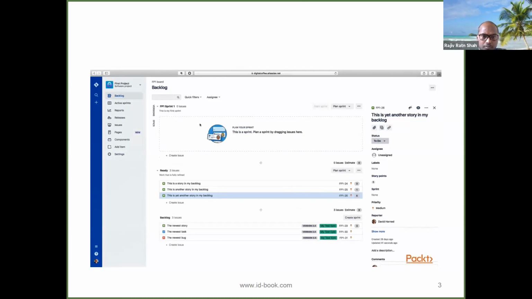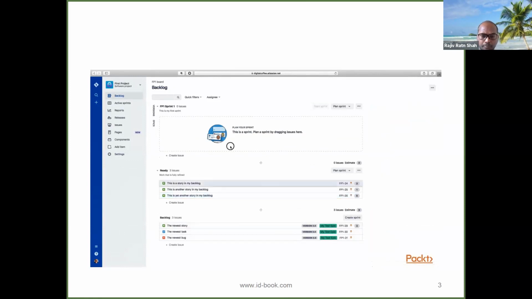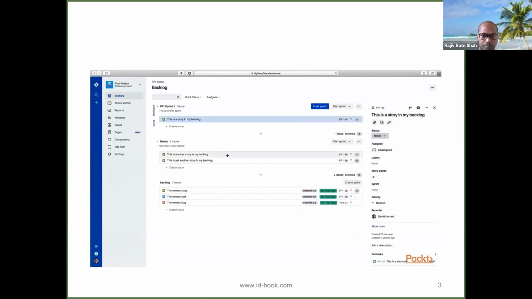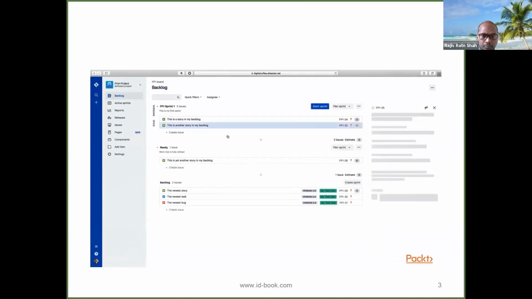So now we have our sprint that we'll actually be planning, and then this is work that's ready to go at any time. And then this backlog down here represents anything else in this list of things that we might want to eventually do. All right, so we're going to take these items, or 2 of them, let's say, and we'll pull them up into our sprint.